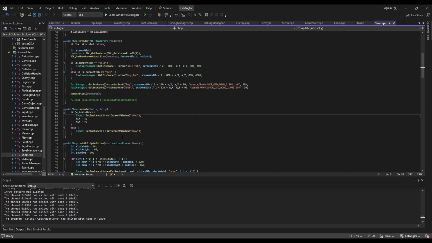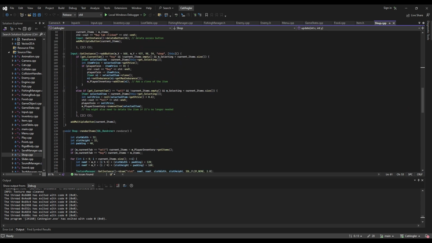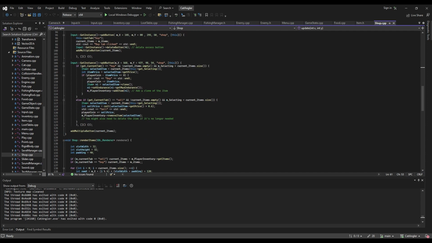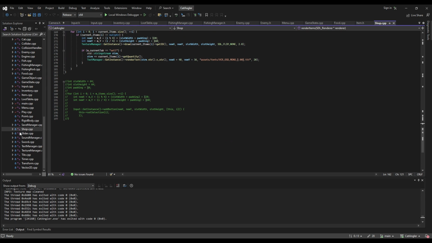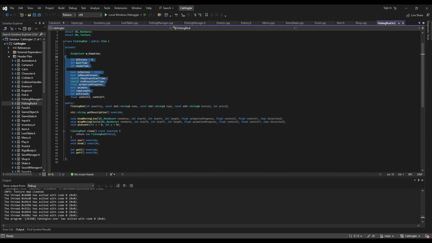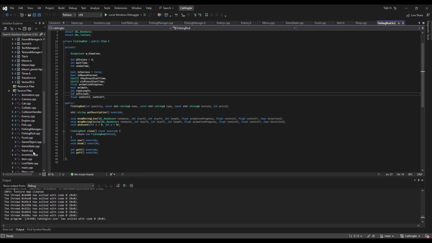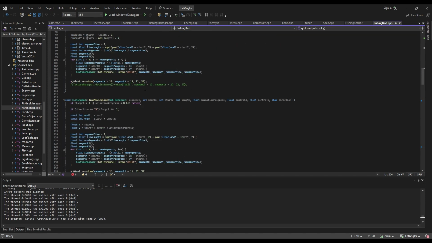Update the shop, it just checks if the shop is open or not. And we need the button for both sell and buy. Render the item. For each item we have the fishing rod, which is the most important item, and it consists of a lot of variables like here. There is a lot of logic here. We have to deal with the